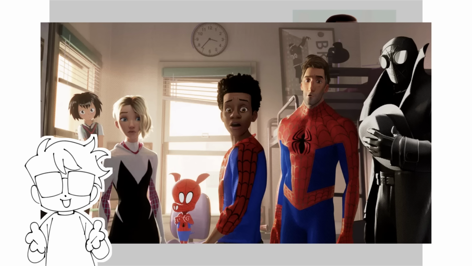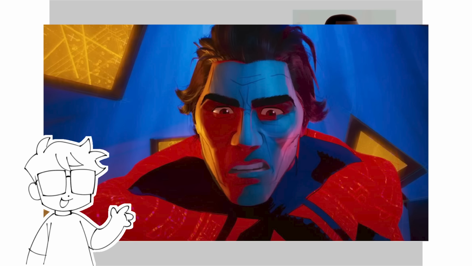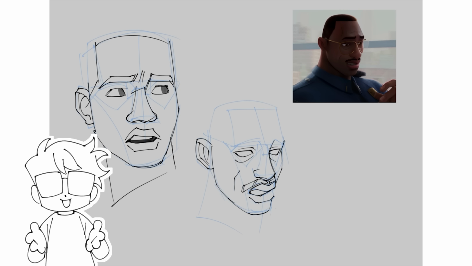You can see in this screenshot that Gwen has a more triangular face, Miles is somewhat rectangular, and you could probably say that Peter Parker is a long oval or rectangle. They even use more complex shapes, like Miguel's head resembling a hexagon of sorts. But with all those examples, hopefully you can see how the shape of the face impacts the general look of